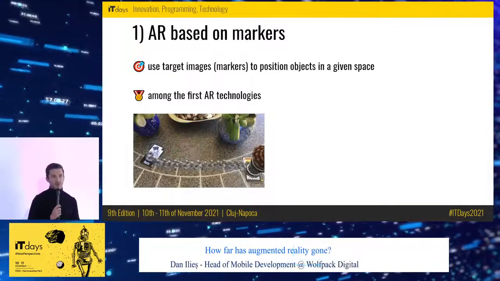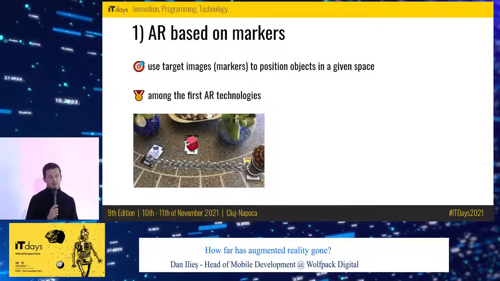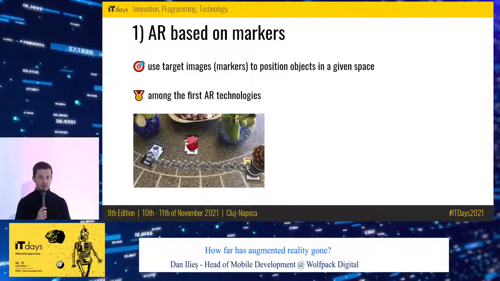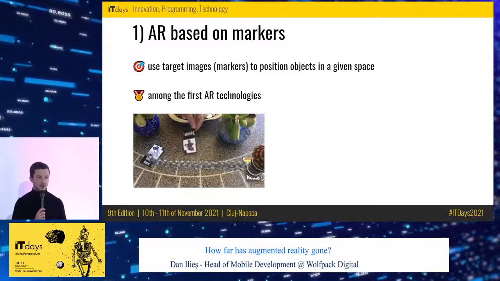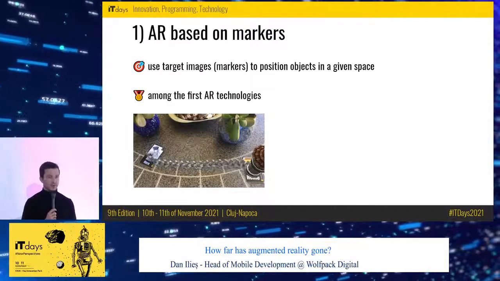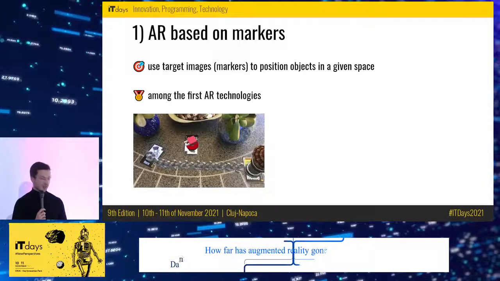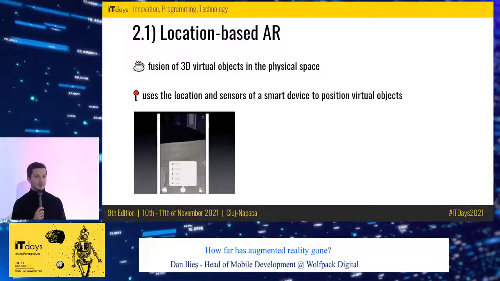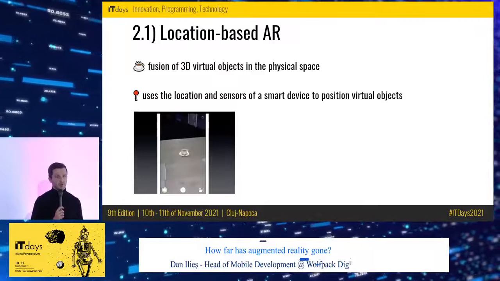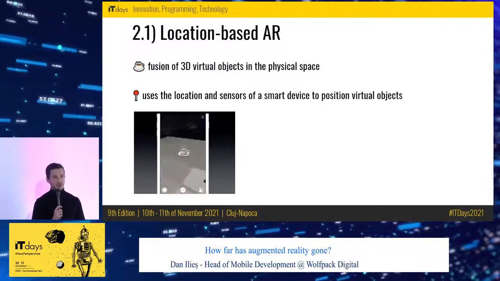Firstly, the ones based on markers are, let's say, a bit simpler because you just place some kind of QR codes in the real world, and then the application generates virtual objects where those QR codes are located, and they can be animated. It's one of the first ways to create augmented reality apps, but it's kind of limited because you need to have those QR codes all over the place. So then we go to the markerless augmented reality applications,